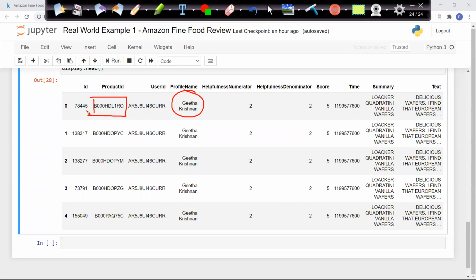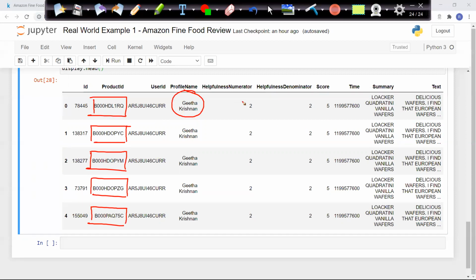You can see here this is the product ID, and this is one more product ID. Both are different. The third one is also different, the fourth one is also different, and the fifth one is also different. You will say that's fine, right? She must have purchased 5 products and given the ratings. I agree to it.